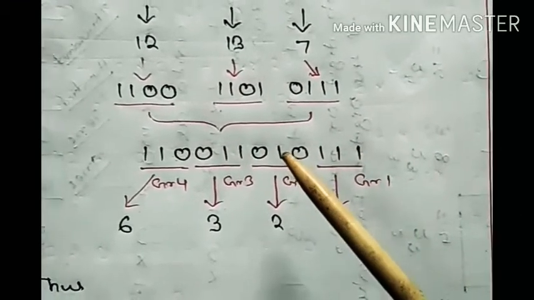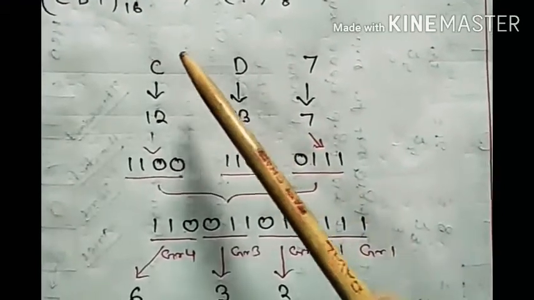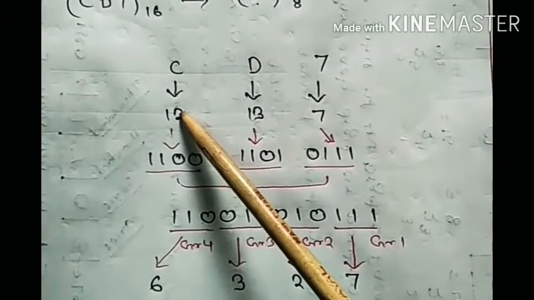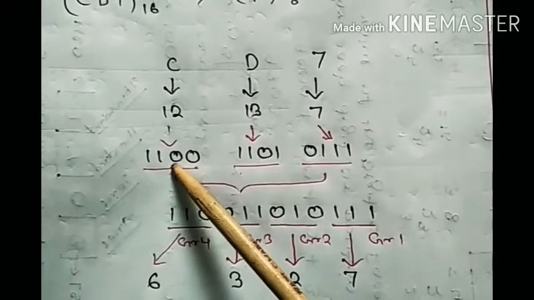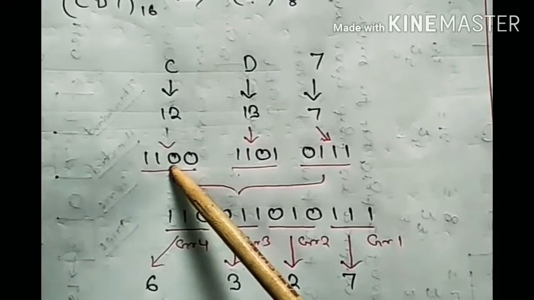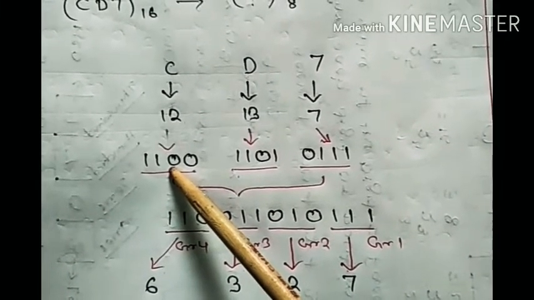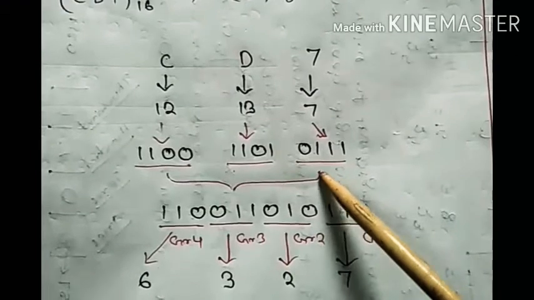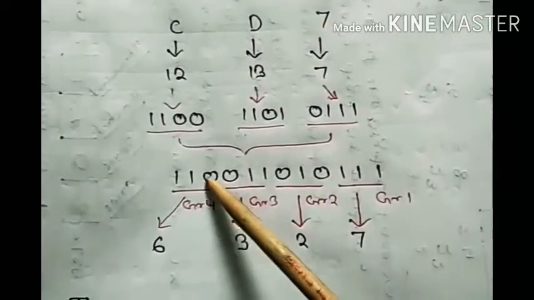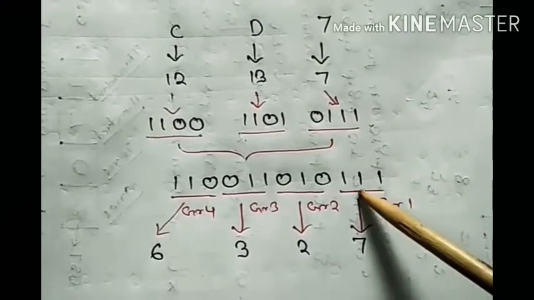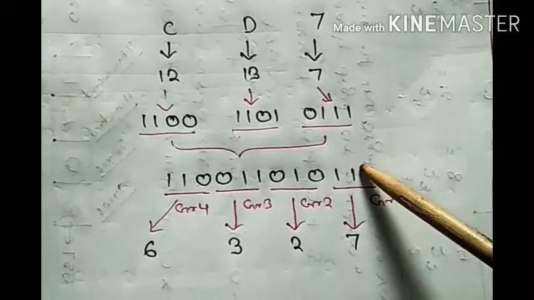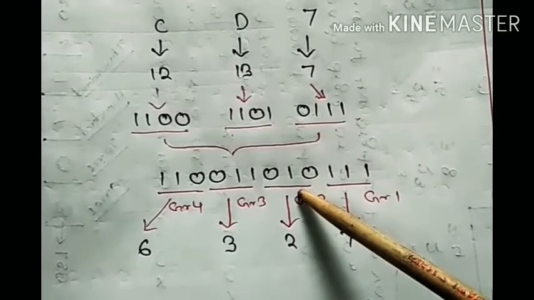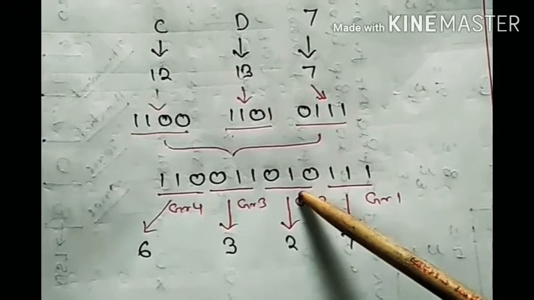Now, and most important, the hexadecimal digits should be converted to binary as a group of 4 bits. After that, you combine them together, and after combining you get a long string of bits. Now as we have got a long binary number, and we know how to convert a binary number to octal, we will follow that rule.